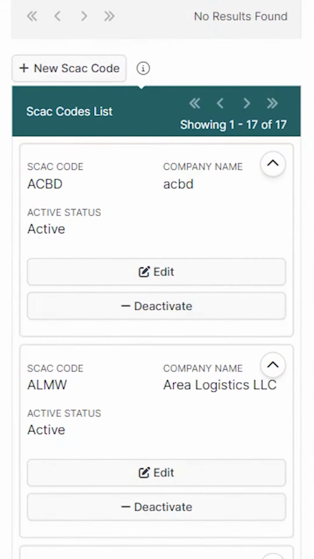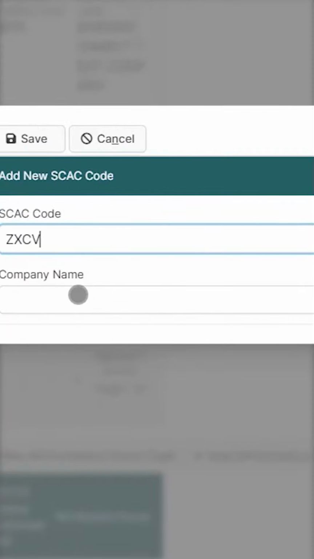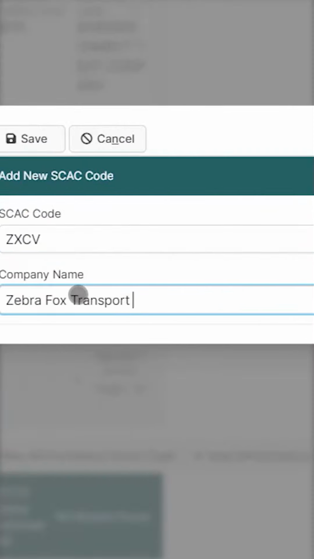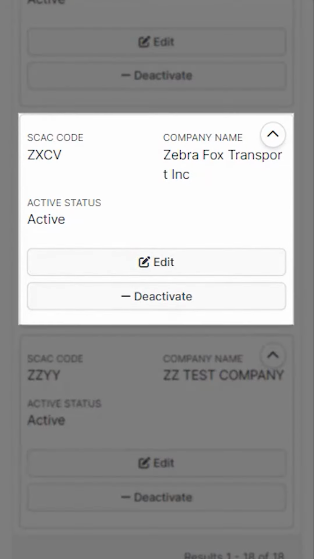Then scroll down to the SCAC code list section and click New SCAC code. Now enter the 4-letter SCAC and the legal company name that the SCAC is registered to. Then click Save. Here you can see that the SCAC has been added to your list of active SCACs, and